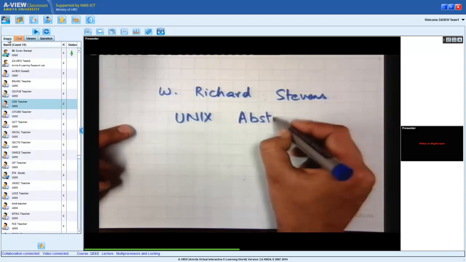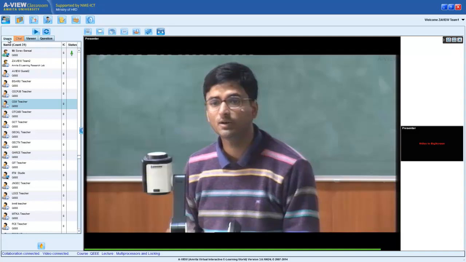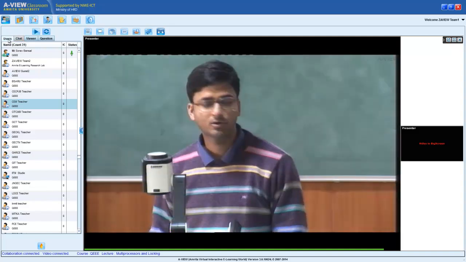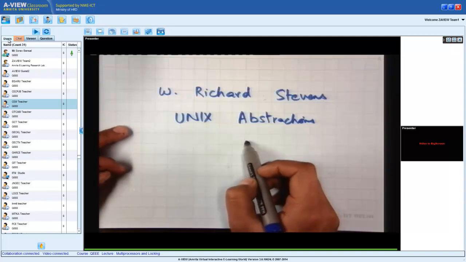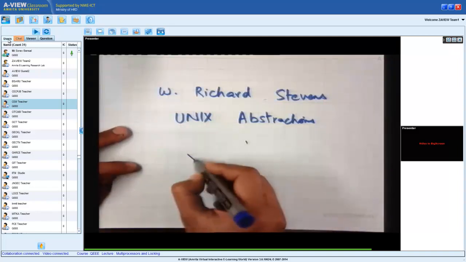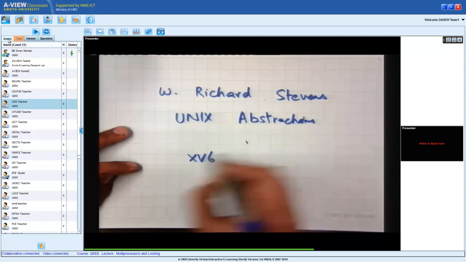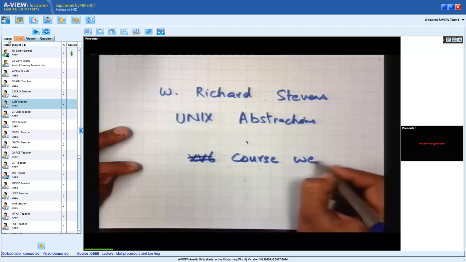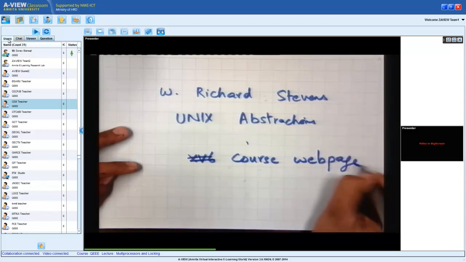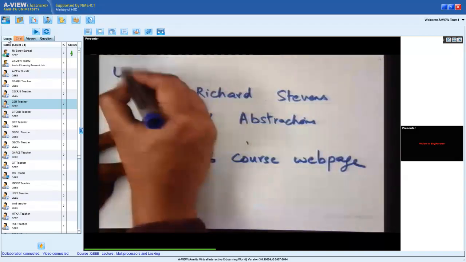Not sure about the name. I can confirm it and tell you next time. But this is a very nice book for looking at Unix abstractions and studying them. Also, XV6. On my course web page, you'll find some material for Unix abstraction.